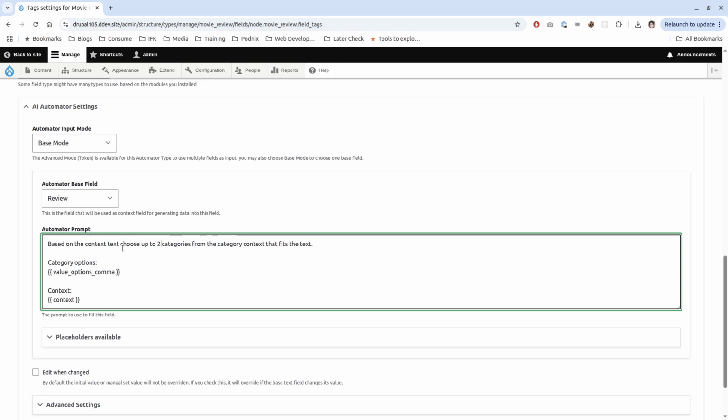Based on the context, create up to 2 categories from the category that fits the text, create 2 tags that fit the text that is a movie review. Make sure that one of them is genre,